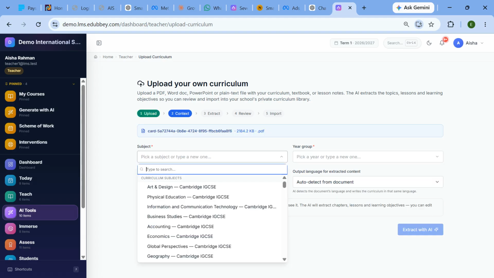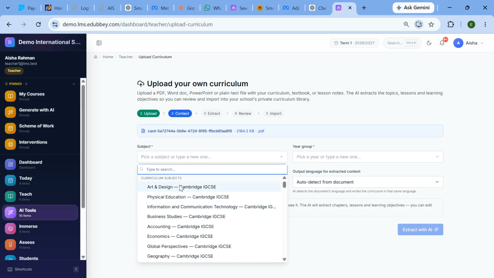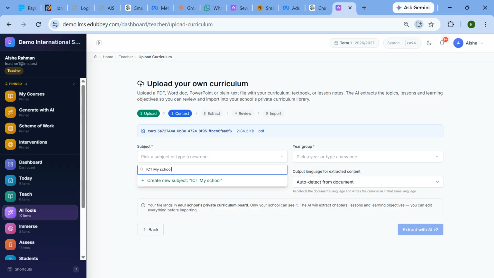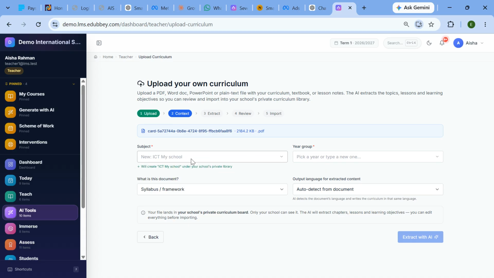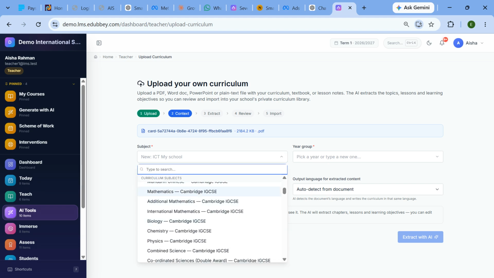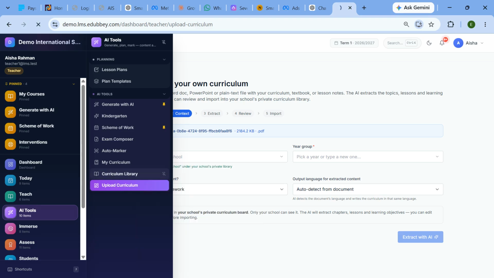Then you can type a name instead of using the existing one, because, let's say this subject is ICT, ICT My School, that's the name of the curriculum, then you just click on create new name. So this is going to be on top of the curriculum. But if you choose any of the existing names, then the curriculum you want to create now will be within that curriculum. So what I mean is, when you click on curriculum library,